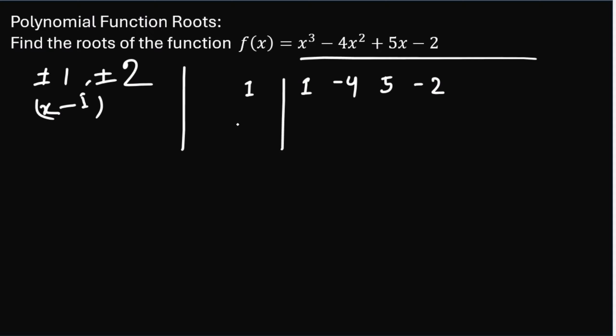So now, here nothing is here, so we will consider 1. So 1 times 1 equals 1. So we need to subtract from this to this. So here 1, so it's a negative 1. So we can neglect this value,